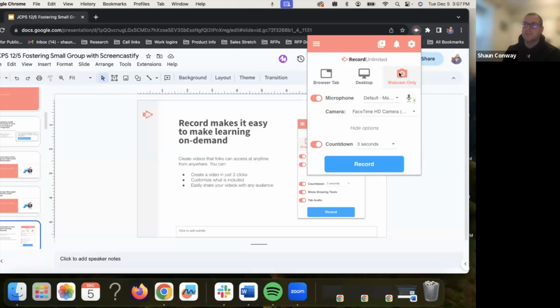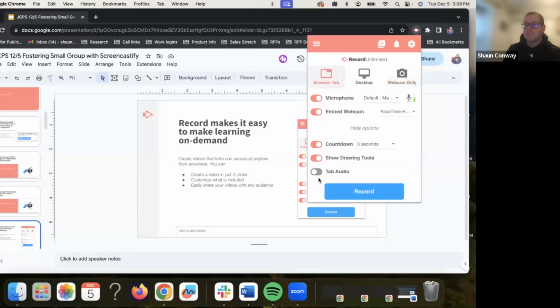Simply what you see on your webcam, so just your face. This is mostly helpful if you wanted to make an announcement, or if you wanted to give very clear directions, or if you wanted to introduce yourself to a new team or club or community or a new parent if they happen to move into the district. These are all things which usually webcam is going to be most helpful for. And the last, which is, I would say, similarly in terms of frequency to webcam only, is browser tab.